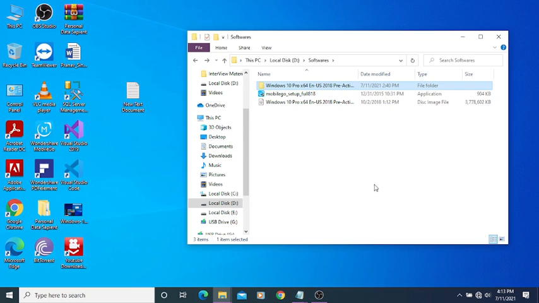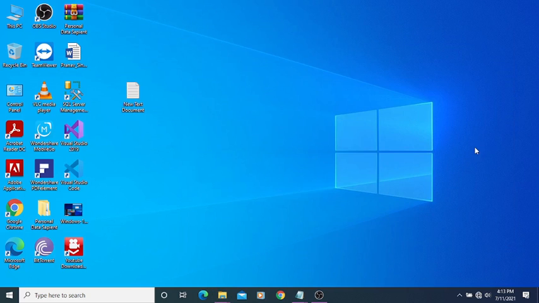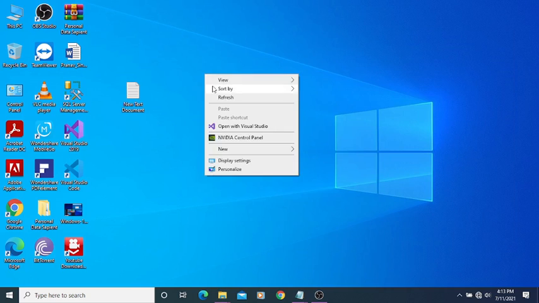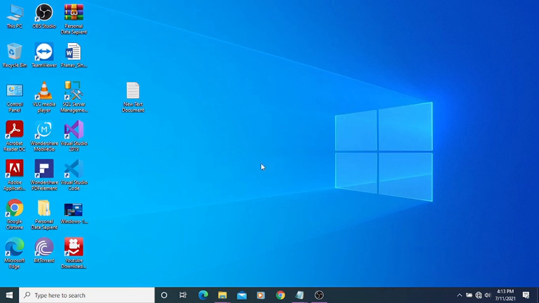So now we will start step by step how to make the pen drive bootable. Since I am explaining everything in Windows 10, the same way you can do it in Windows 8 and Windows 7.